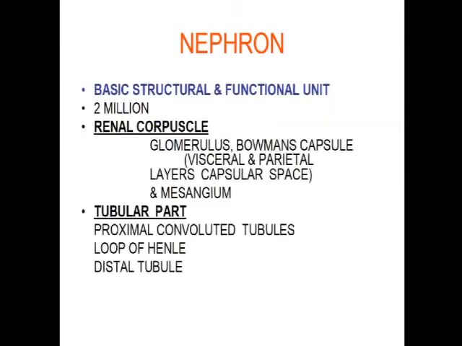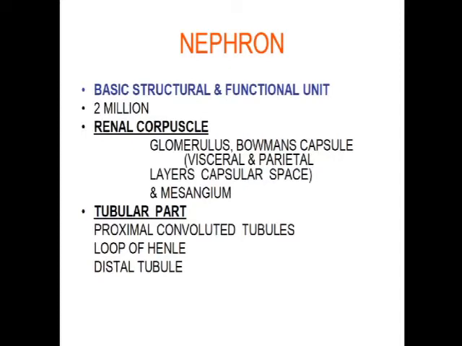If we talk about the nephron, each kidney contains approximately 1.5 million nephrons, or 2 million rather. Nephron is a long epithelium-lined tube which begins blindly and ends by joining a collecting tubule. Nephron is highly tortuous for the greater part of its course and consists of several segments of different structure and function.